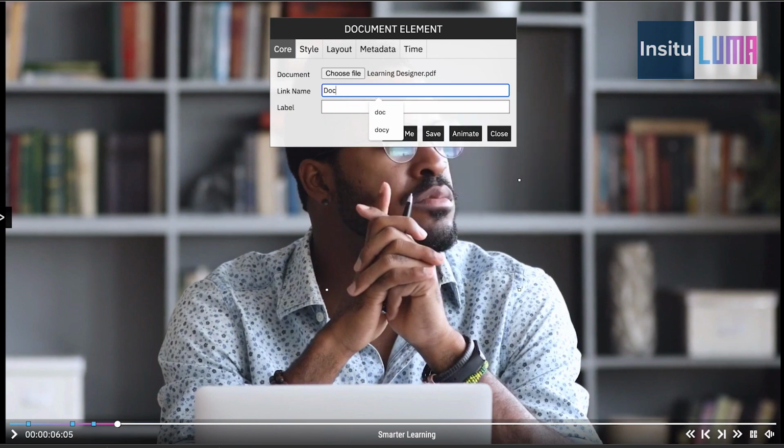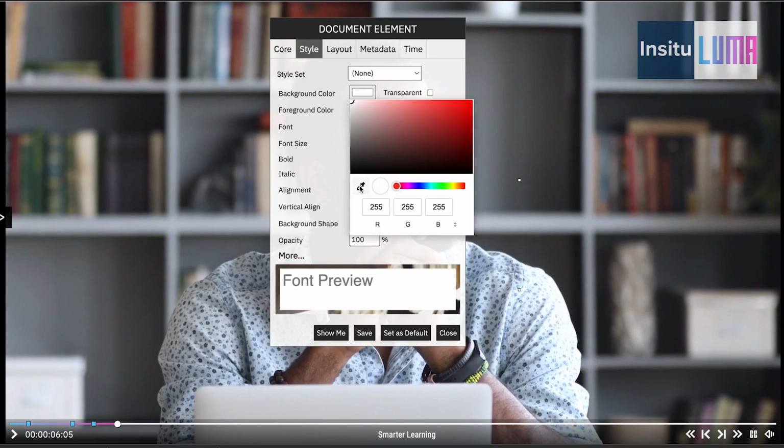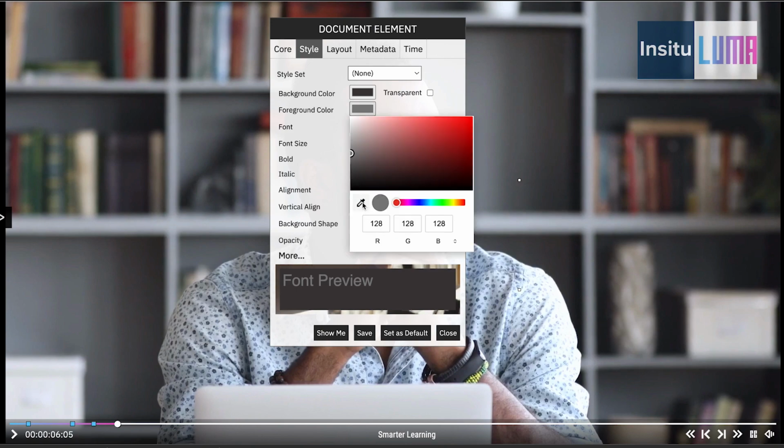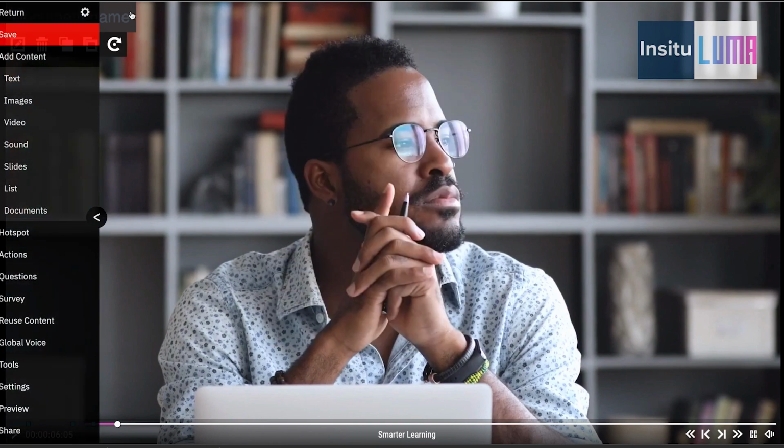So if I save that, it's going to ask me for the name of that document. So we'll just call it document name. That's easy to remember. Stylize it here, of course. Let's give it a background color which is kind of in context, and a foreground color which again is in context. Let's see if I can pick out one of his flowers. There we go. And save all of that